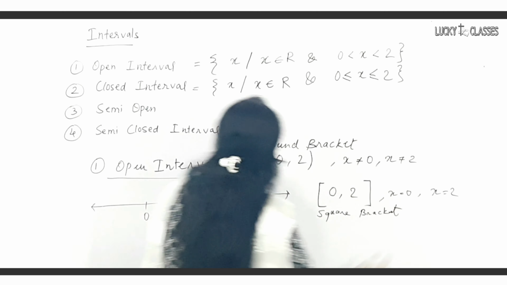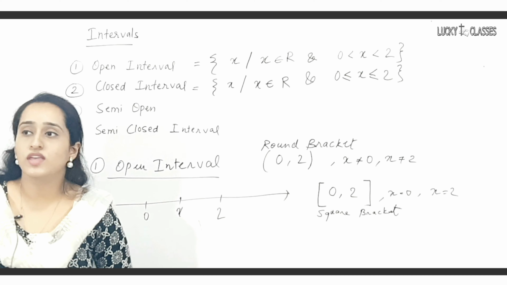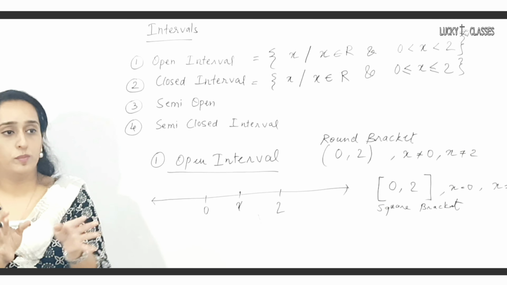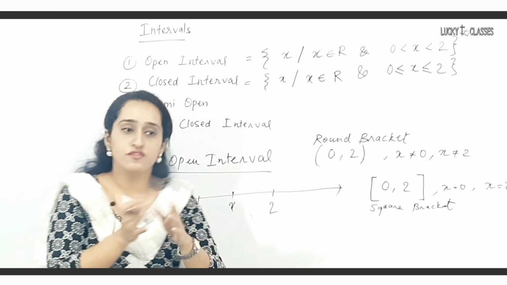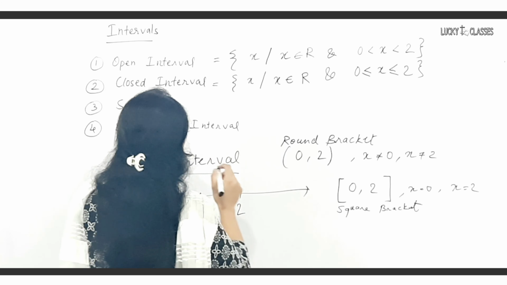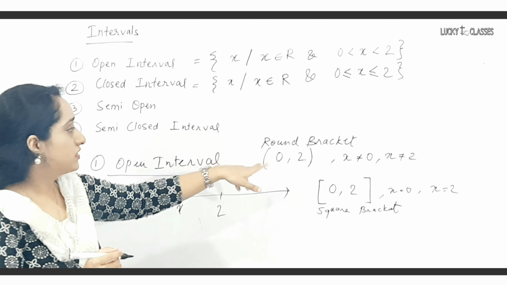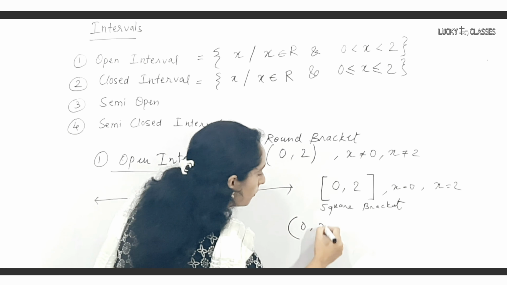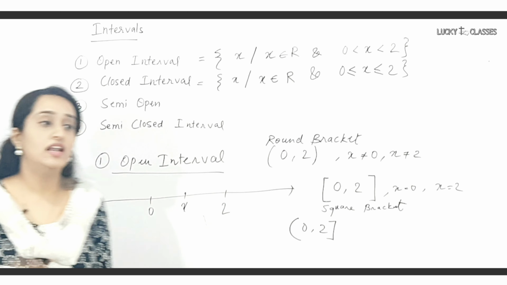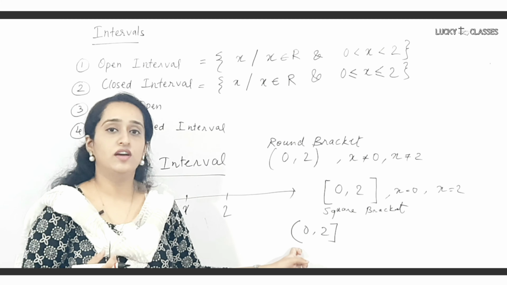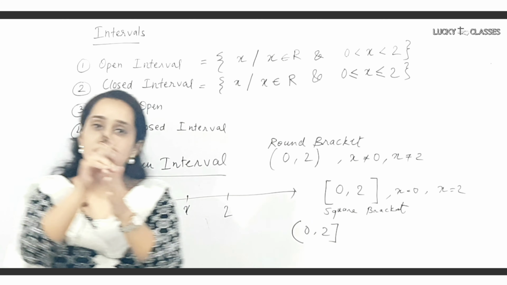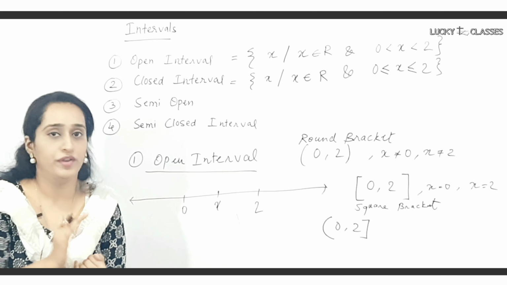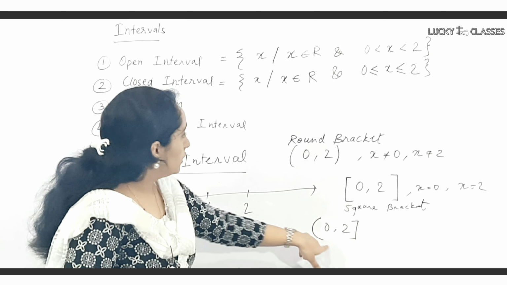Okay, now coming to semi-open. Okay, semi-open, the word itself says semi means half. It should be half open. If it is half open, then obviously half should be closed, right? So if I want to represent semi-open, supposingly over here, so I'll write it as open 0, 2 closed. Okay, I'll read it as semi-open interval 0, 2 because it is starting with an open interval with a round bracket. That is why we call it as semi-open.